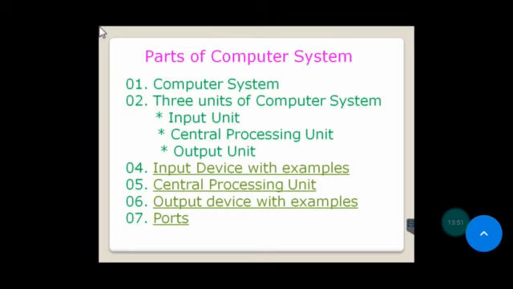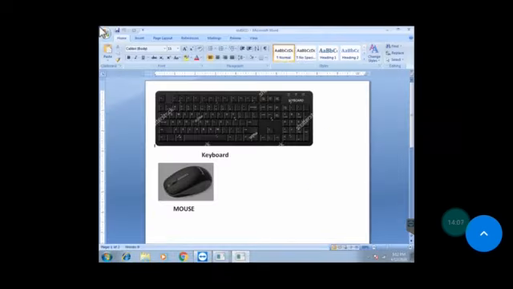Now, different parts of the computer perform different functions that we will see one by one. First one, input device. An input device is used to enter information into the computer. You can see, first one is the keyboard.